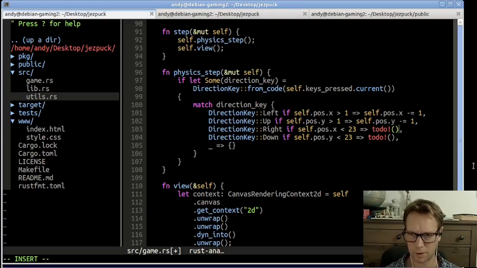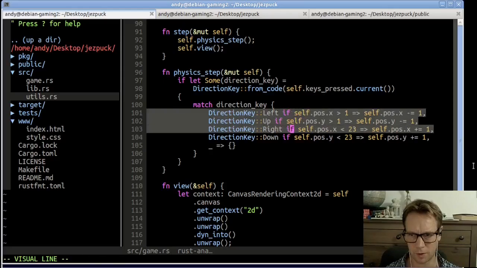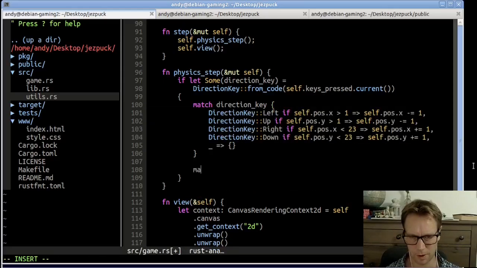Minus equals 1, self.pos.x plus equals 1, self.pos.y plus equals 1. All right. So now we've got a match which says if you're pressing the right key and you're not already by the edge, modify your position. Now we're going to do another match, like I was saying,